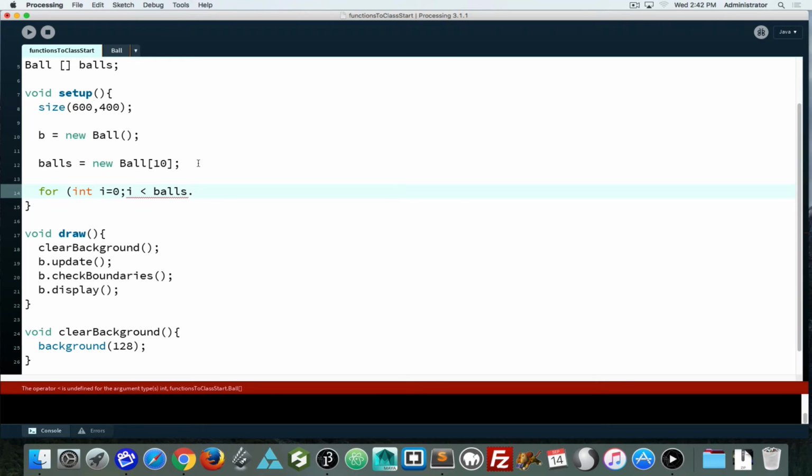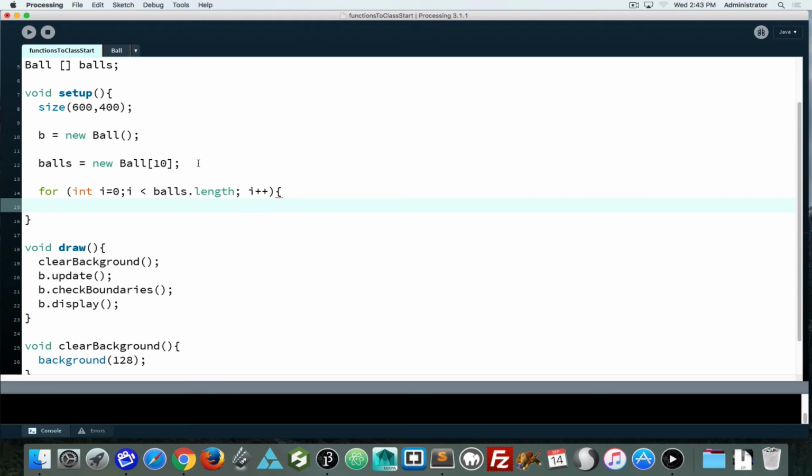Because the array object is part of the language, it has certain methods and properties already baked into it. One of those properties is length. That is how many objects are in this array. So I'll just refer to it there by saying balls.length, and then do the i++,